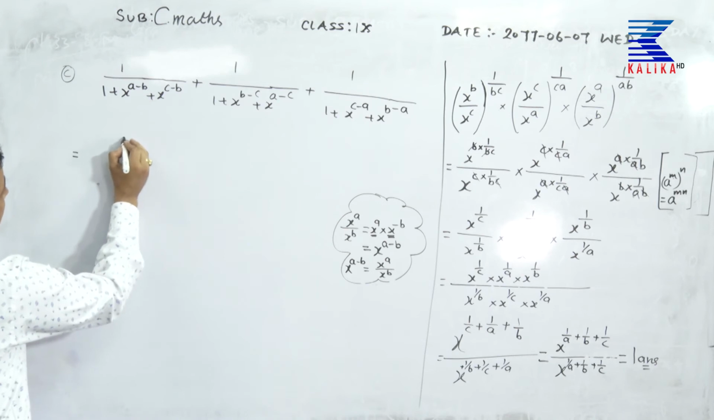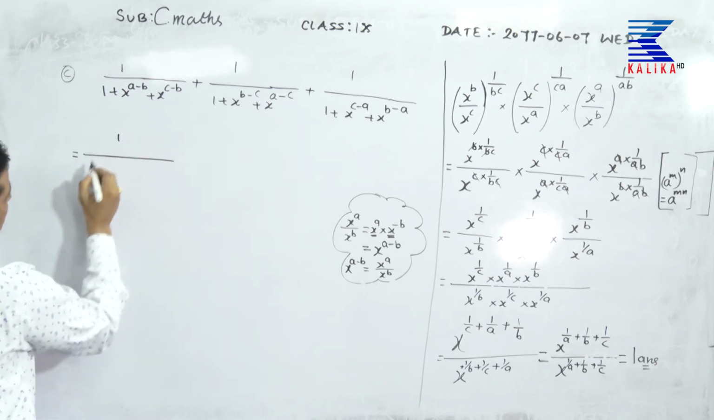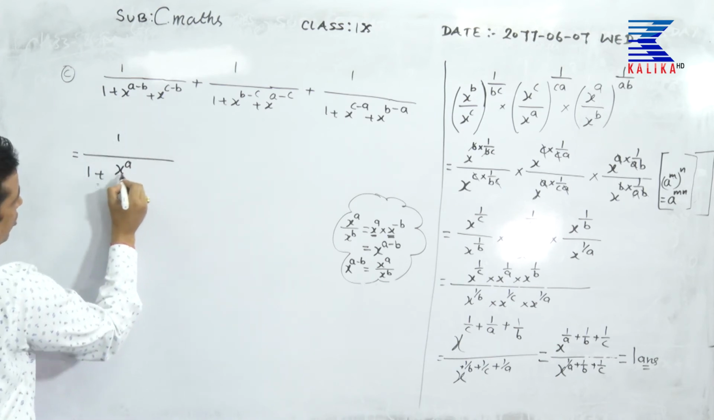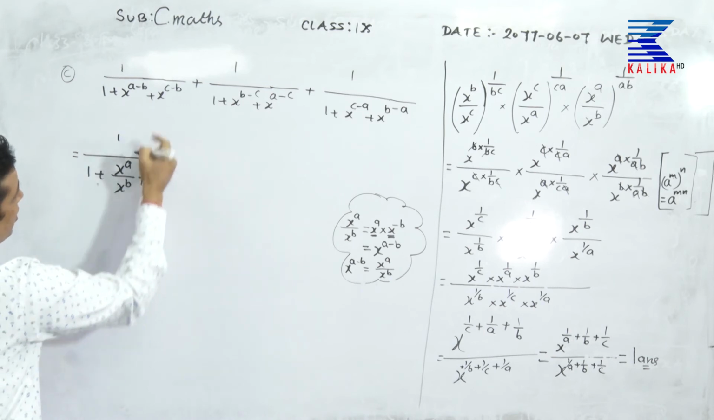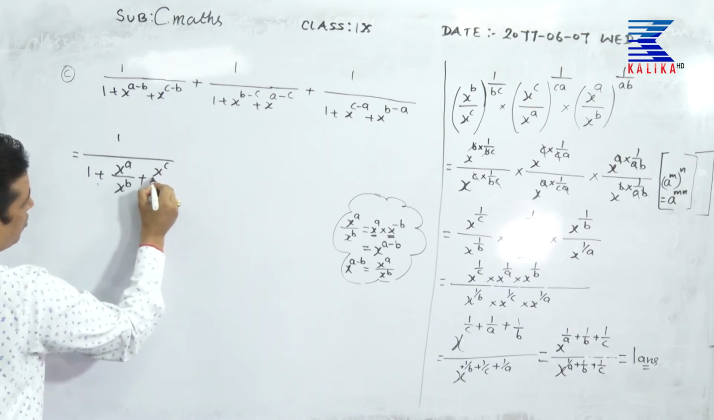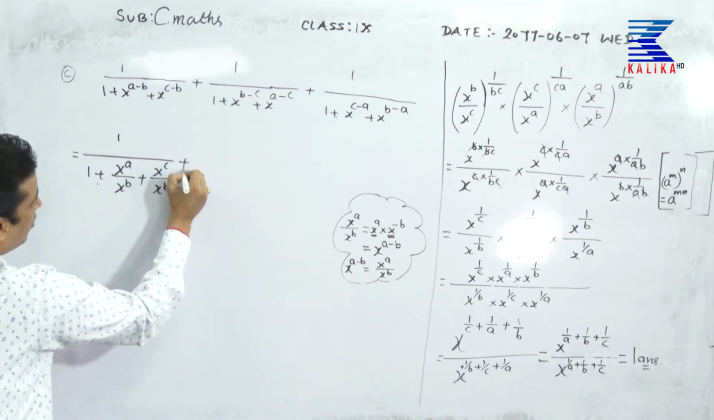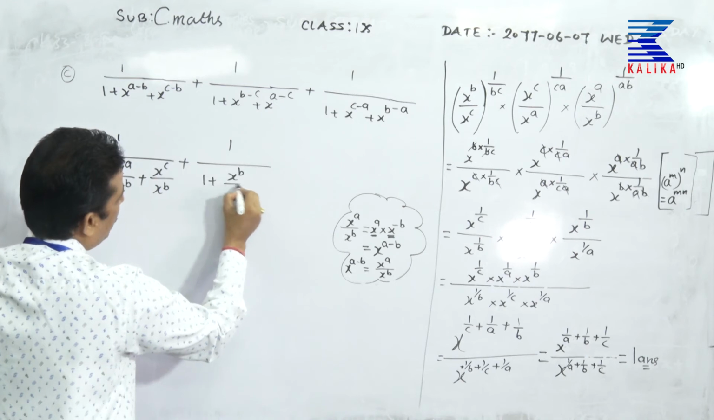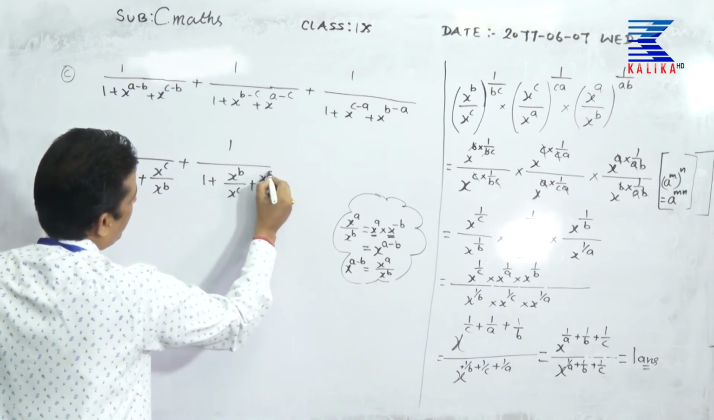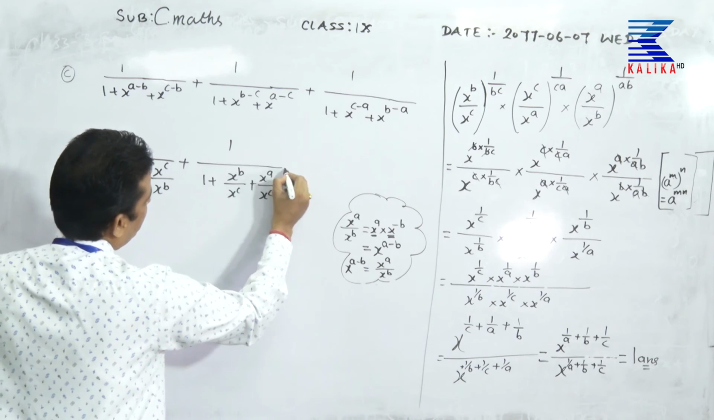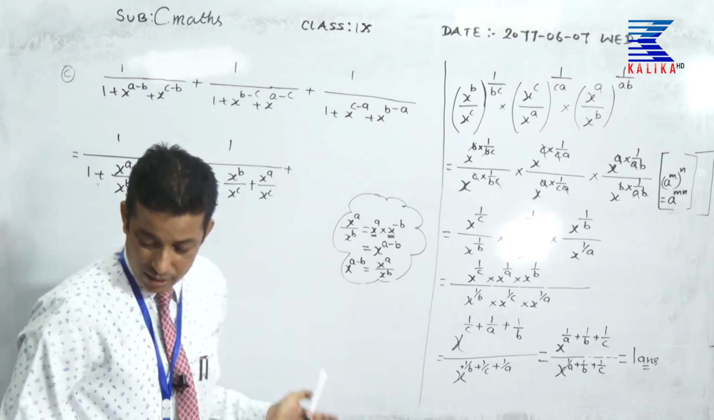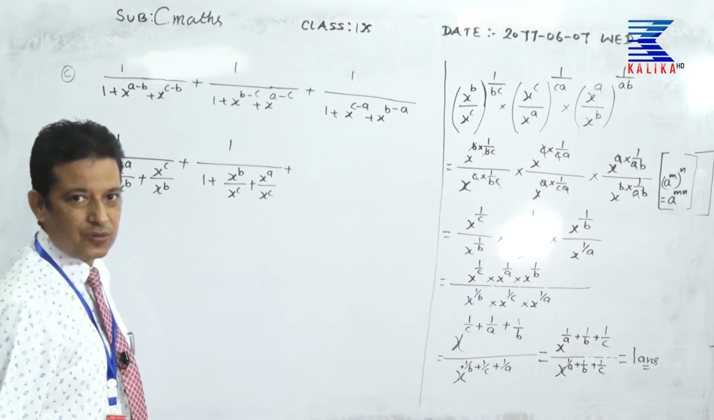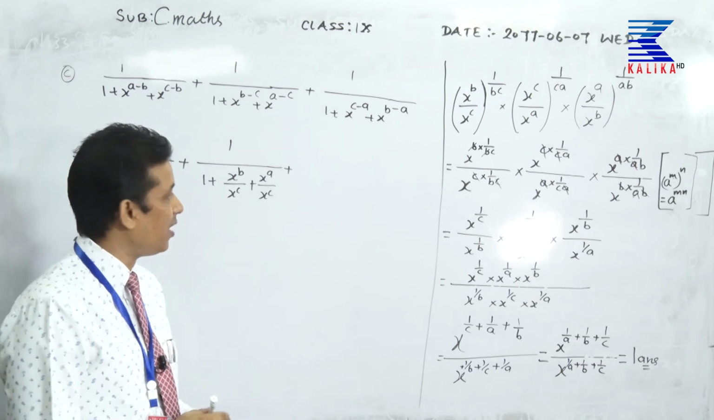So, look here: 1 plus, x to the power a minus b, I am writing directly as x to the power a upon x to the power b, plus x to the power c minus b is x to the power c upon x to the power b, plus 1 over 1 plus x to the power b over x to the power c plus x to the power a over x to the power c, plus... Look, I have written a little directly, I will explain again, dear student. You may be confused because this is the major step. So, you should remember,